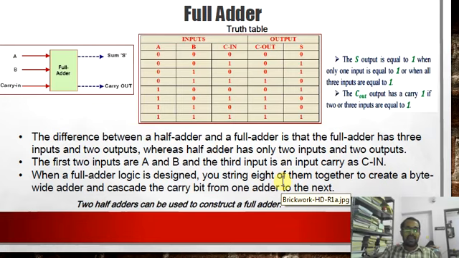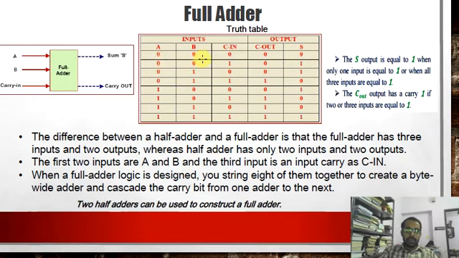Unlike the half adder circuit, the full adder circuit has three inputs. So we have A and B, the inputs given, plus there is another one, the carry input from the previous stage. So you'll get the output summation as the sum of these three inputs, A, B as well as the carry input, which we represented in this truth table as C in. Here you see the three inputs.